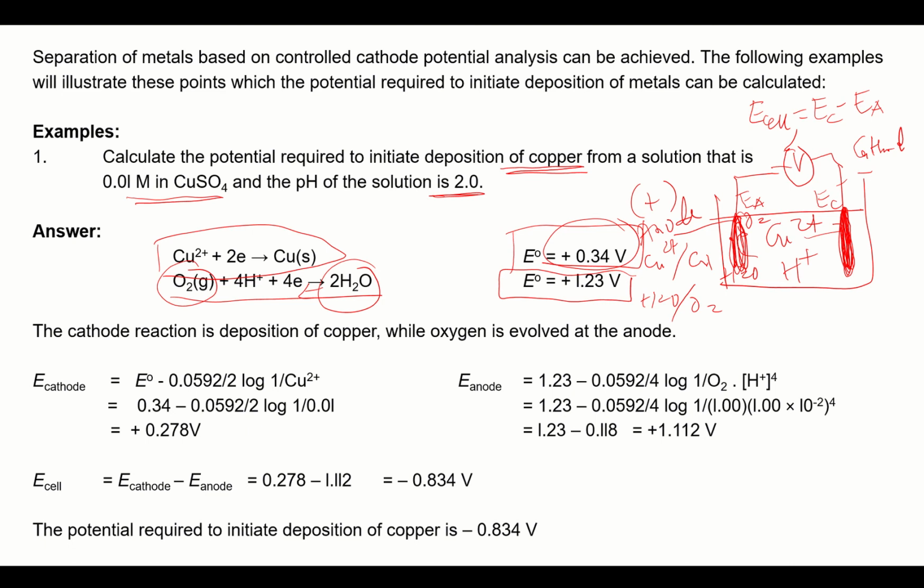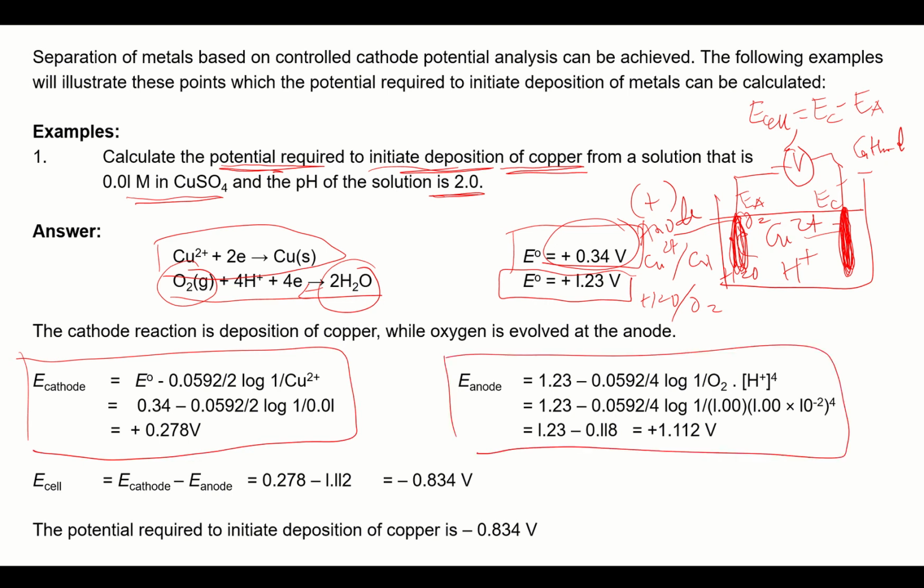The question is, what is the potential required to initiate the deposition of copper? So using the Nernst equation at both sides, one for the cathode,